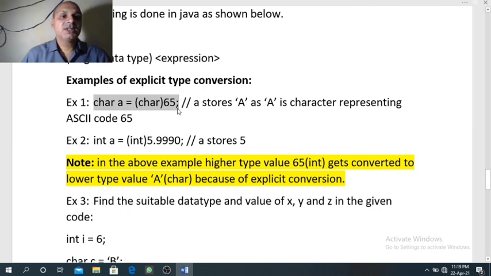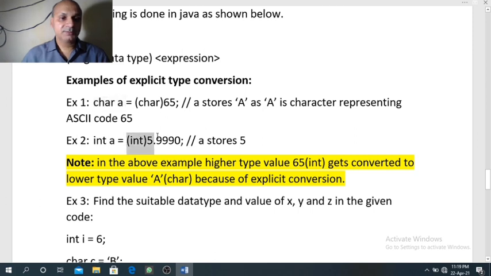So here system will change 65 to its equivalent character. 65 is the ASCII code of capital A. So we will get capital A here when it is converted to character. Since the result is character, to store it, we need a variable of char type. So here variable a will store capital A letter.